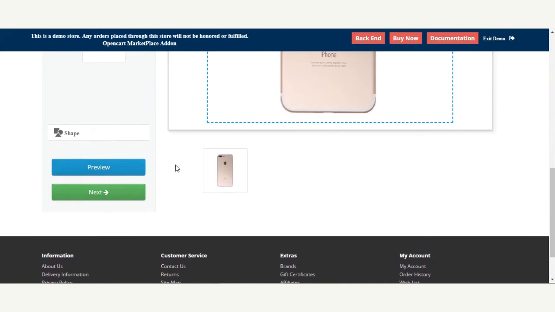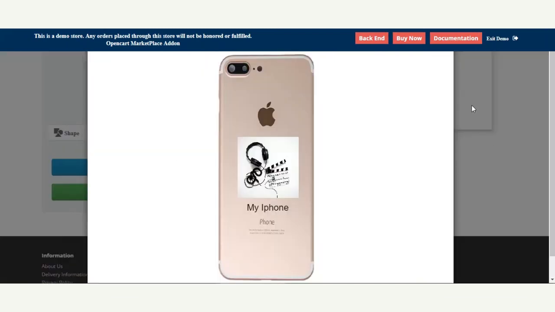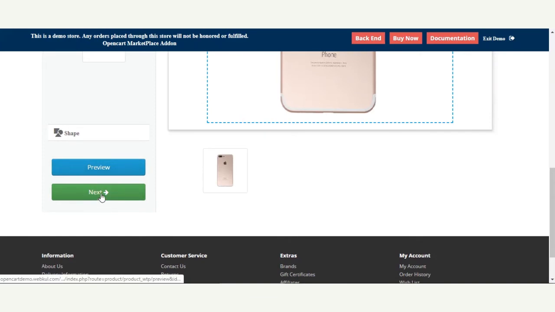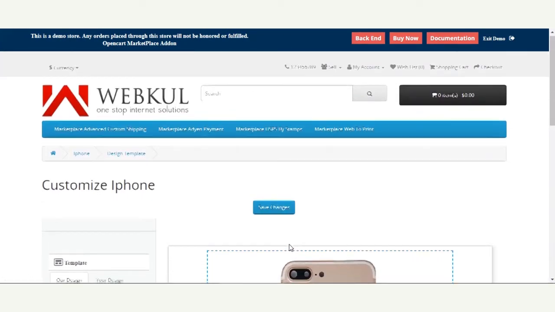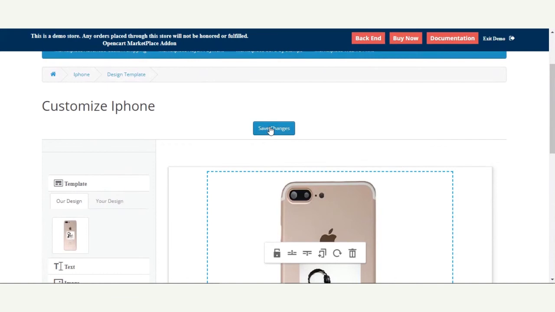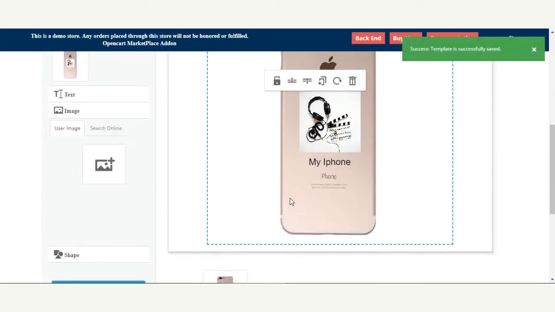So let's get ahead, and after that the customer can also tap the preview button to have a preview of this particular one. And after making this, the customer needs to tap the save changes button first, and after tapping the save changes button, the customer can tap the next button,